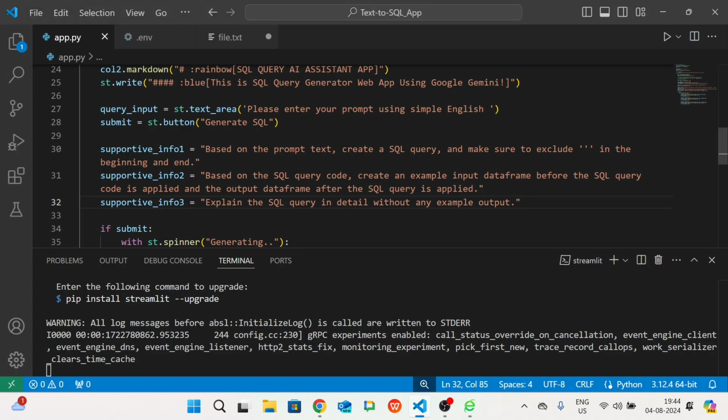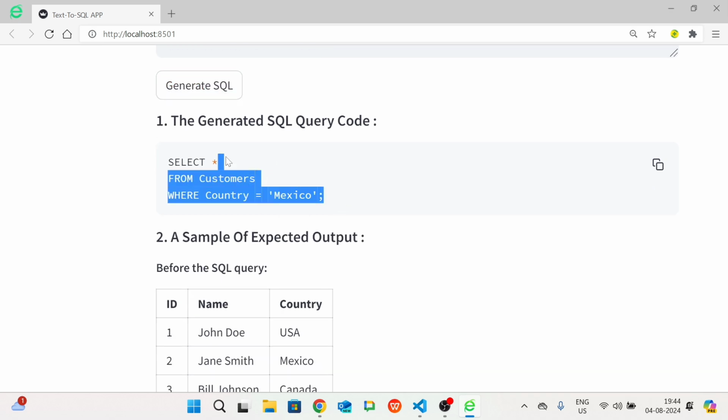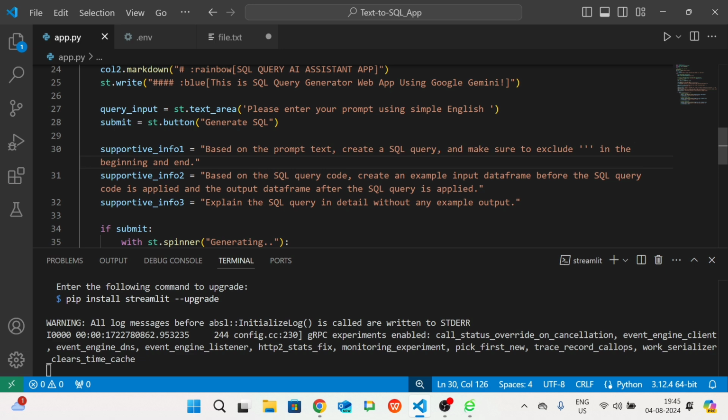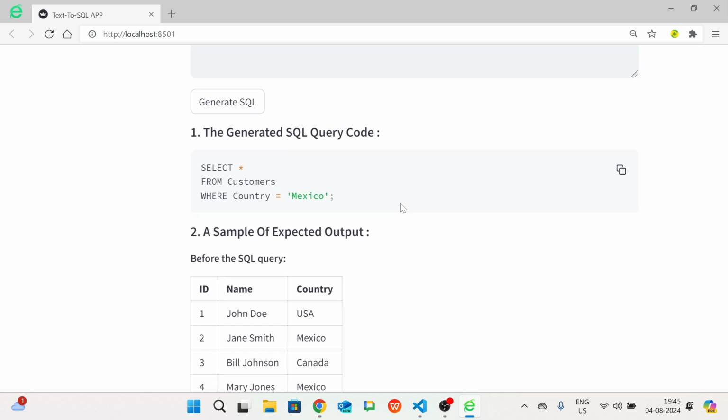Now let me explain the code. First is the support info, which is creating the SQL query. You can see the query is created in front of you, the generated SQL query code. That is our first support info, doing that particular thing. I hope the first part is clear.